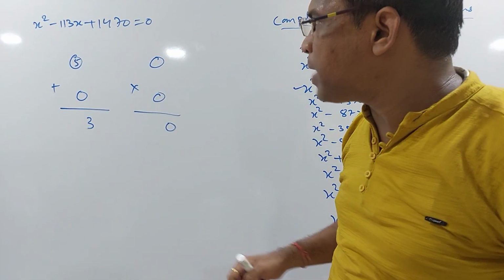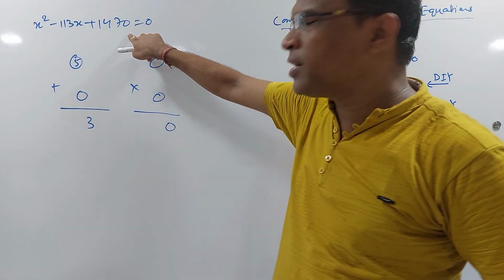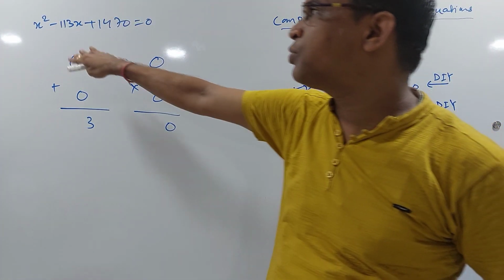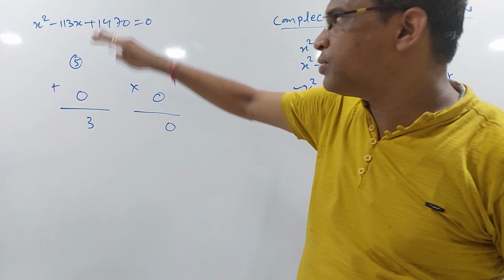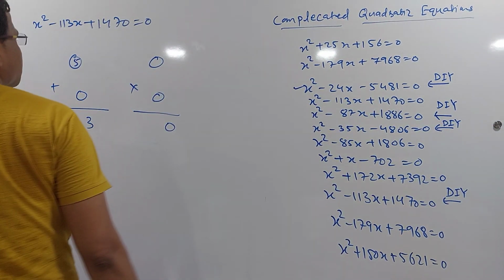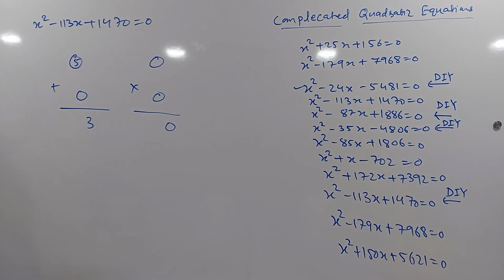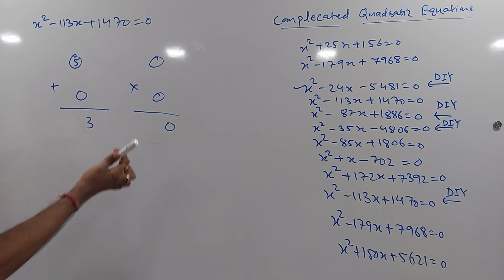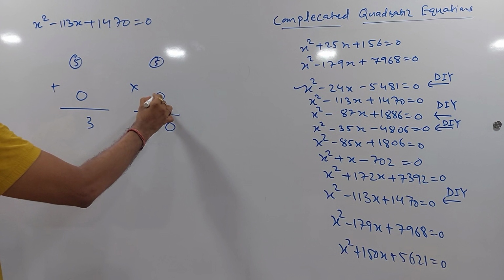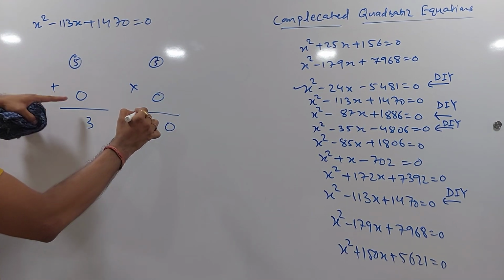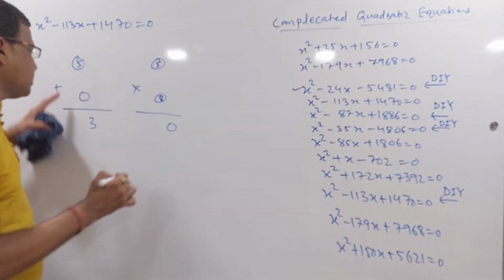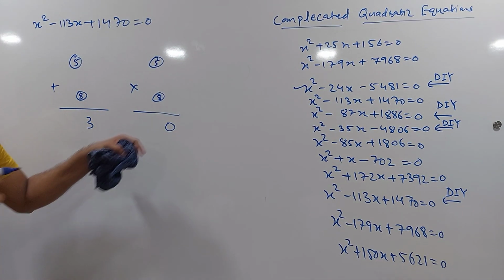We need to look for some other bracket. So 113 is there and this number is again not so big. So let me try something closer to 80, 90 and then 20, because 90 plus 20 is closer to this. That multiplication may give me the proper result. So let me just focus on something closer to 80. So 5 into what? 5 into 4 is ending in 0, but 5 plus 4 is not that. So 5 plus what gives me 3? 5 plus 8 gives me 3. And 5 into even gives 0.